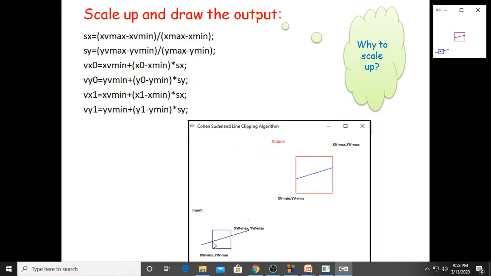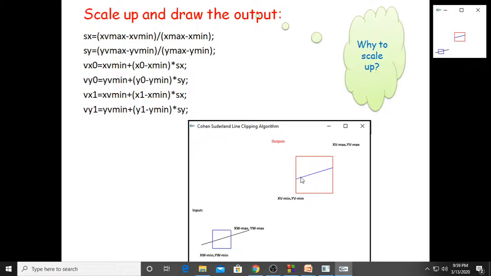Okay, now I have found the point. I have done the trivially accept case and reject case. Based on that, I have decided my line. Now I have to draw the output. So you can see the output. The input rectangle is small and the line is like this, and this portion is clipped out. This is small and this is big. I told you this is the window coordinate. Now we'll call our output the view coordinate. So this is named XW, window coordinate, and XV, view coordinate. According to this new window, the line should be adjusted.